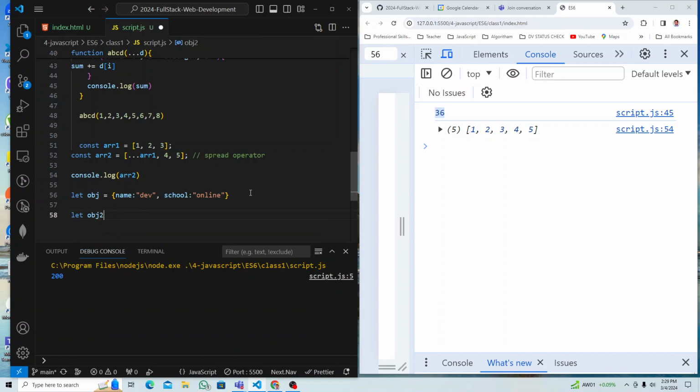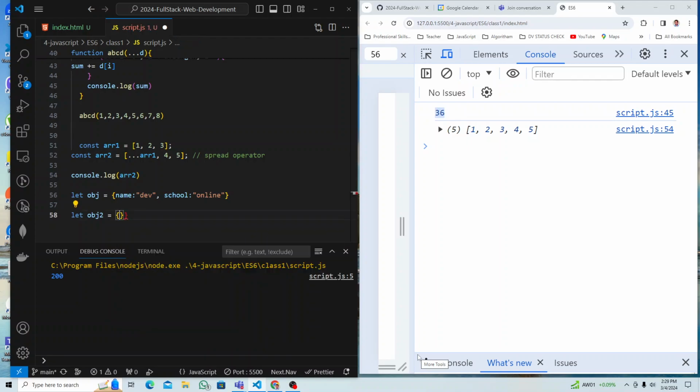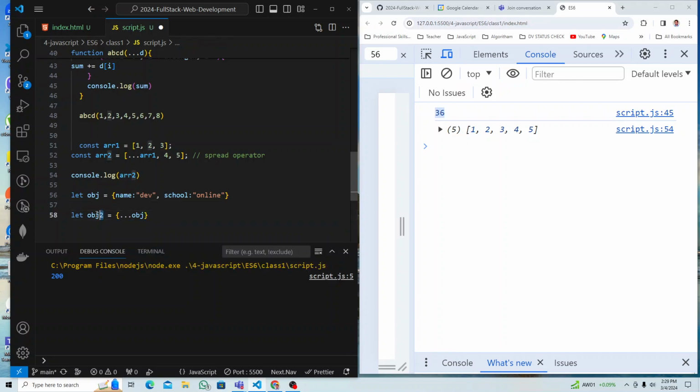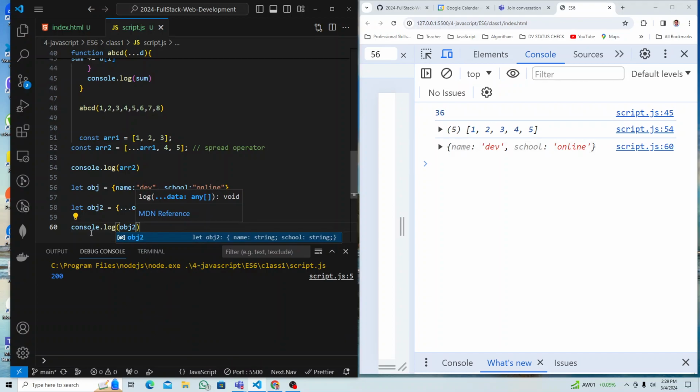This is an empty object, but I can copy all this value here, dot obj. Okay, and let's console log obj2 and see what happens. Console.log obj2. Okay, so you can see now I just copied the complete value of this one